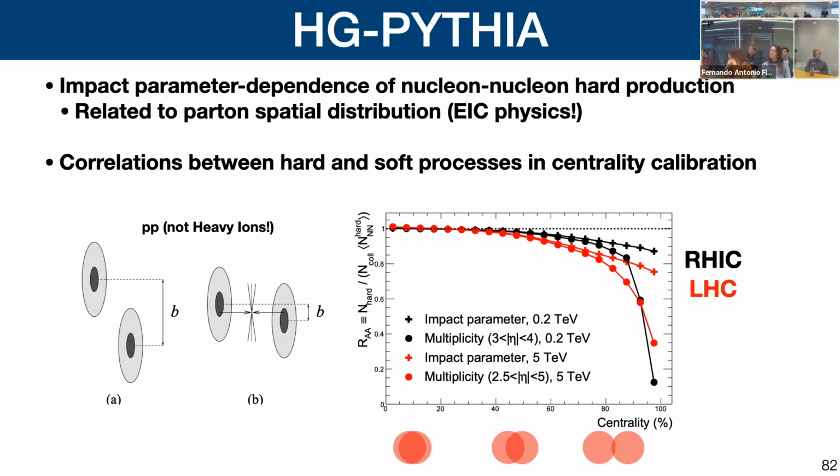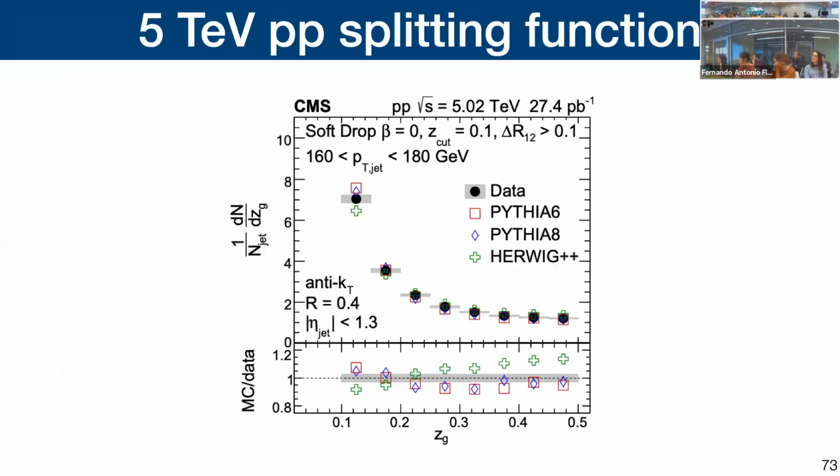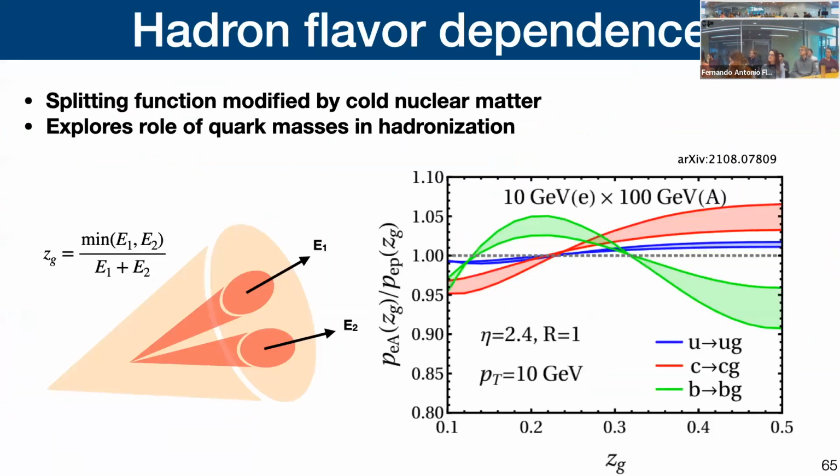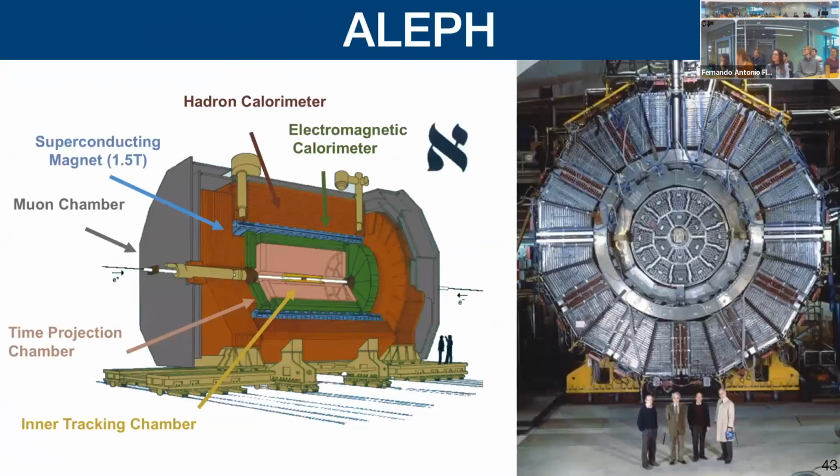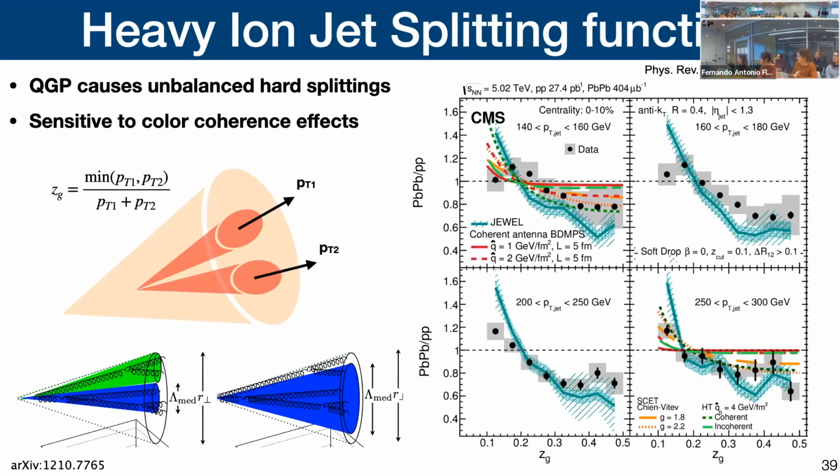Sorry to make you jump back and forth. I have a question about the ZG. This might be an Elise bias question. Sure. I cannot help that. But you mentioned ZG in relation to being sensitive to color coherence effects. I've never thought about it this way. I think that's because Elise doesn't measure a modification to ZG.